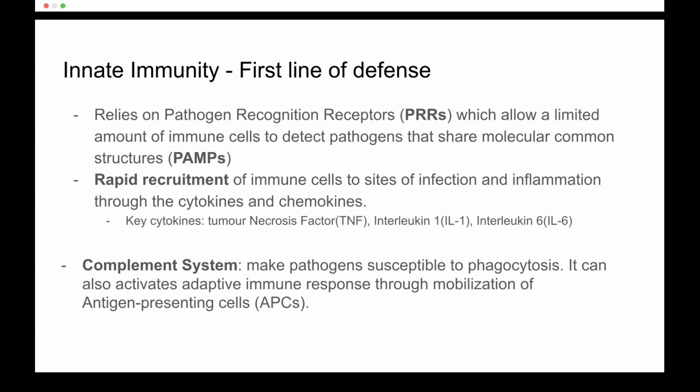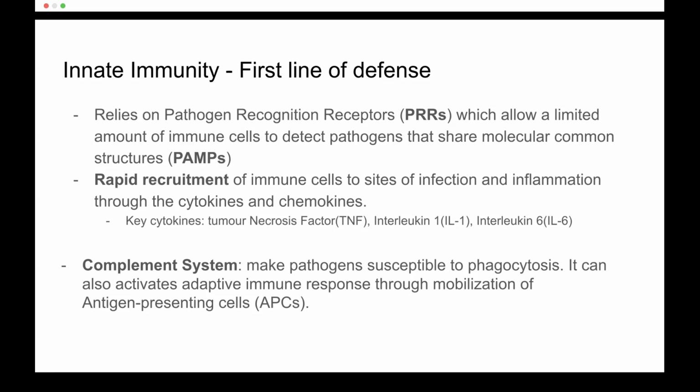It's a very rapid, quick response, and it relies on pathogen recognition receptors, which will recognize pathogens that have molecular common structures, which is called PAMPs. So once those receptors bind to the structures, it will